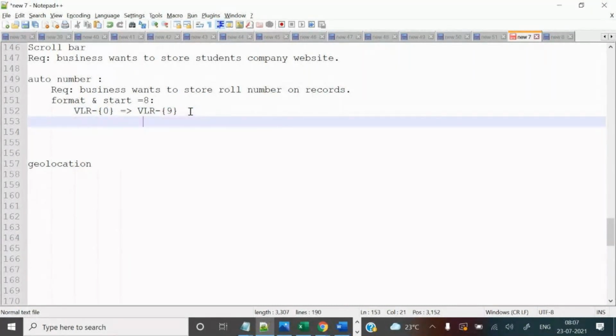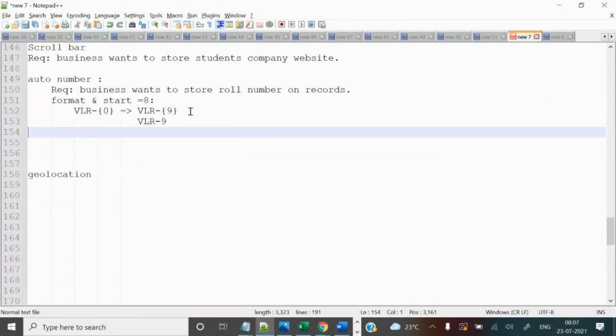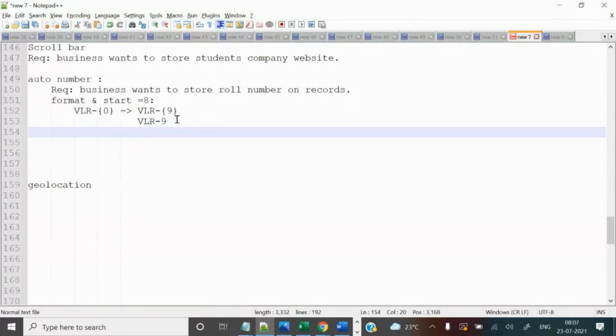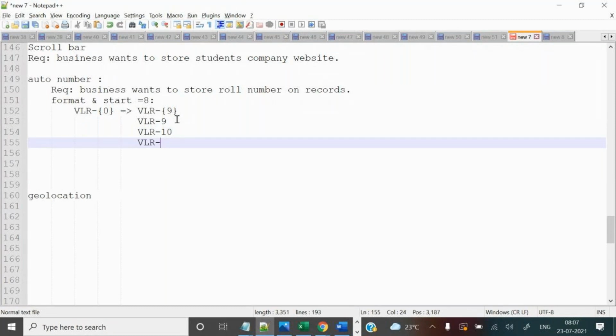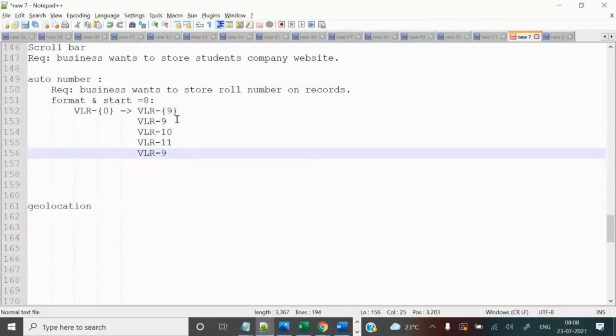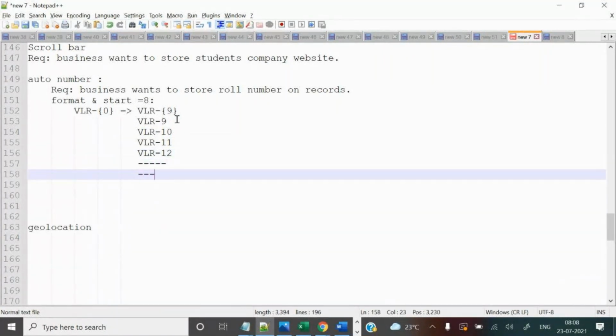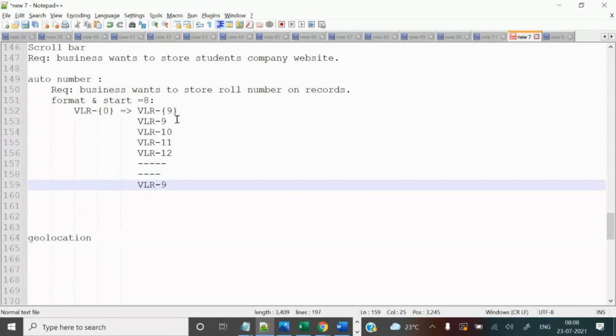The first record output is VLR dash 9. And what is the second record? This is the second record, 10. Next record 11, next record 12, like that. Suppose you have 100 records, 100, that's it.